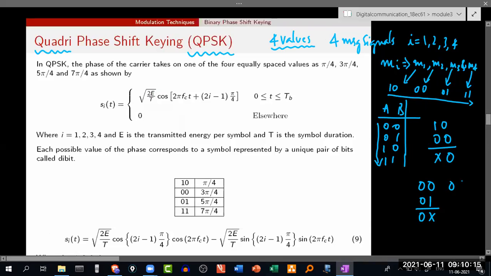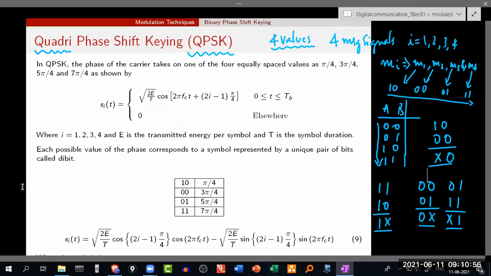Likewise, if I compare 0 1 with that of 1 1, I can find change at this portion, whereas this portion is equal to 1. And in a similar way, because this entire thing is circularly connected, if I compare 1 1 with 1 0, this portion is constant, that is equal to 1, whereas this is varying. So what do we call codes that vary in a single bit portion? Any two adjacent values, if I compare them and if they differ only by one bit portion, we call such kind of codes as what?